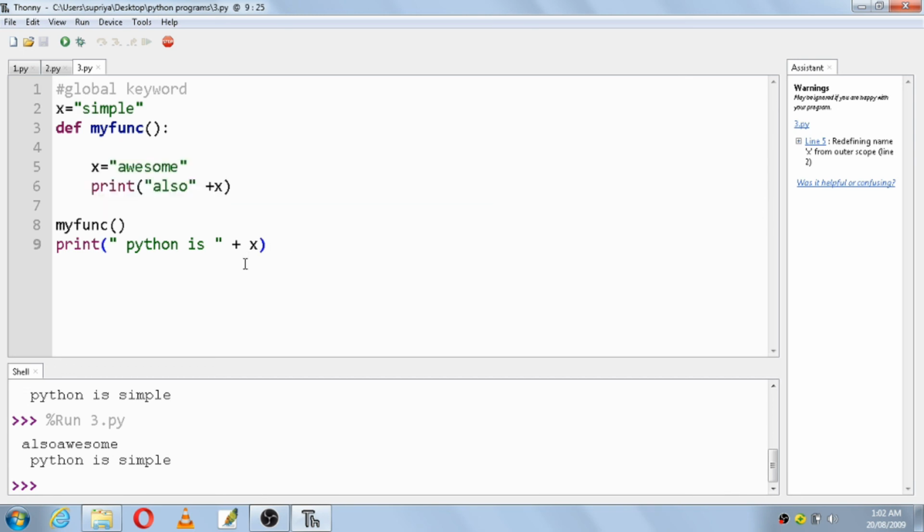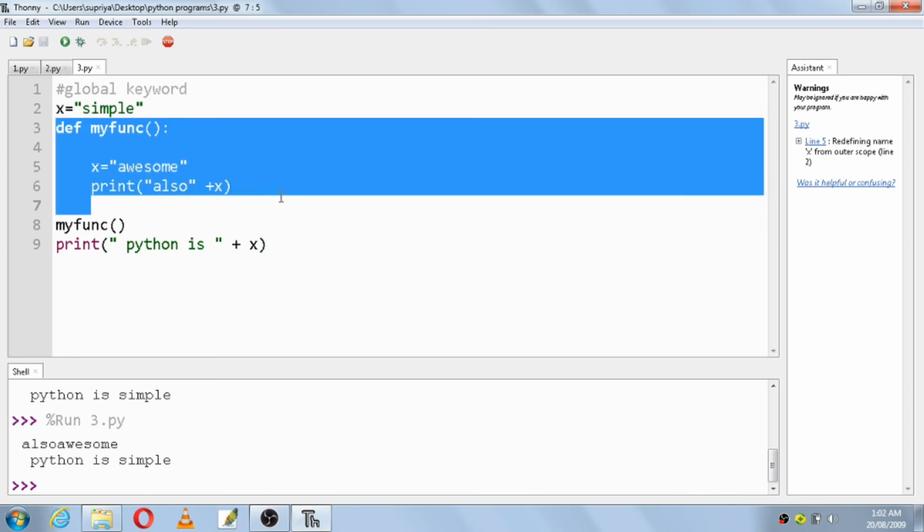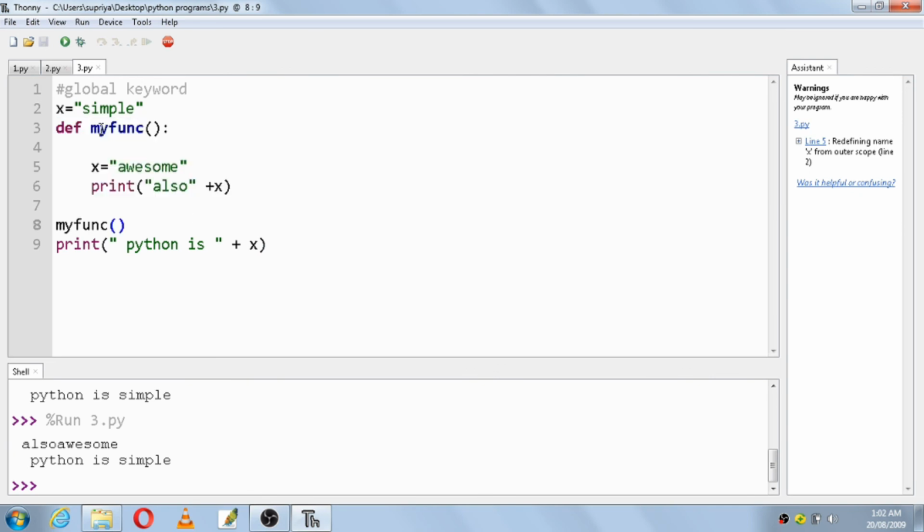So this was how you make use of the global variable as well as local variable and how to make use of those variables in the function. Hope you all have understood how to write a function. It is very simple. Make use of the keyword def. Def is short for define. Then whichever function name you want to give, see that it is ending with a pair of parentheses. Then see that you close it with a colon. If you are not closing it with a colon, then it will show you an error. Once you have defined a function, then you call that function, just the function name, no semicolon, no comma, nothing.